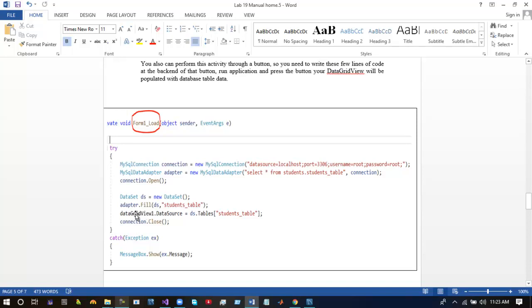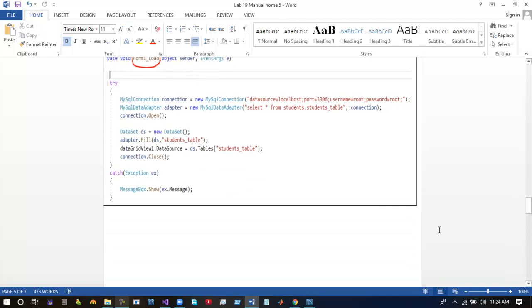In this line, dataGridView.DataSource is equal to ds.Tables students_table. So we are getting data from this table inside this data grid view. Finally I will close the connection. The last block, the catch block, will catch the error if one occurs.